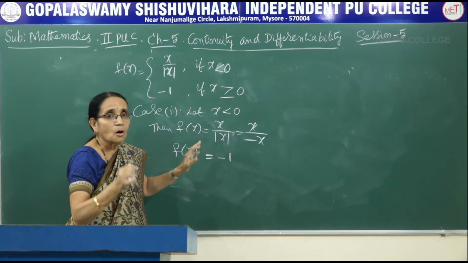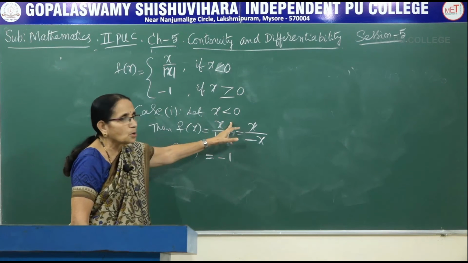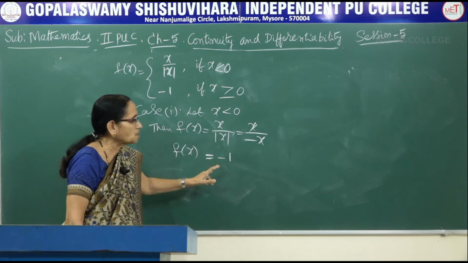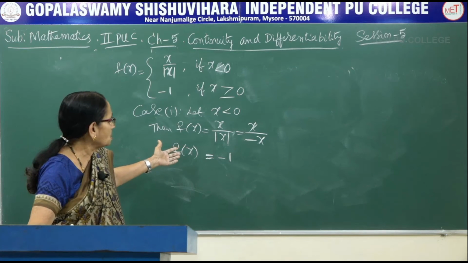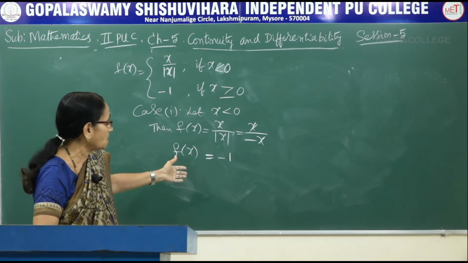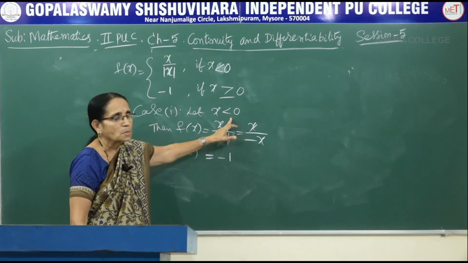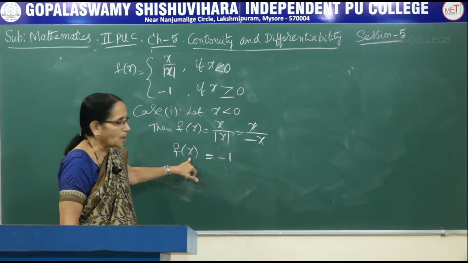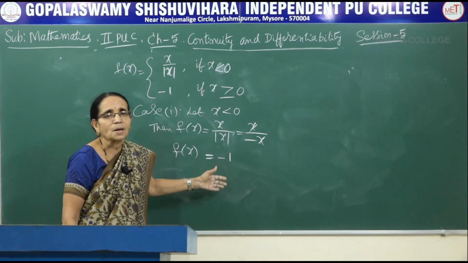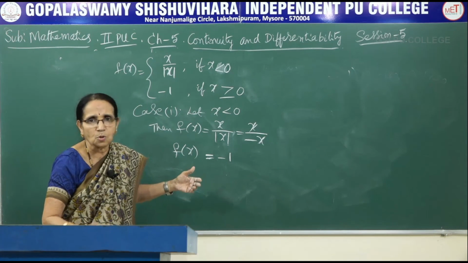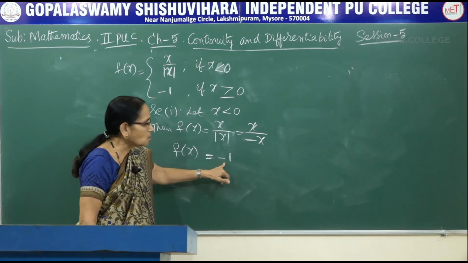That is, for all the negative values of x, f of x is equal to minus 1. Here we need not consider any particular point, it is not necessary, we can directly write. Suppose you take a point c which is strictly less than 0 here. Then f of c is minus 1. When you take the limit also, being a constant, it remains as it is. When the variable is there, we substitute the value c or whatever it is. When there is no variable at all, the limit is also minus 1.